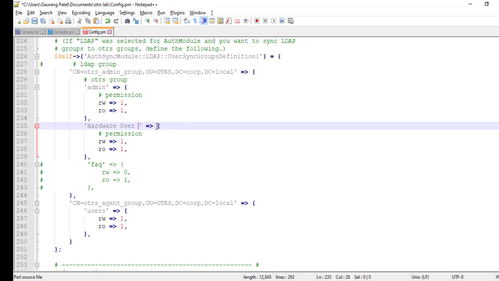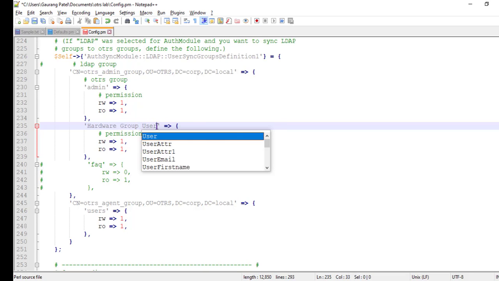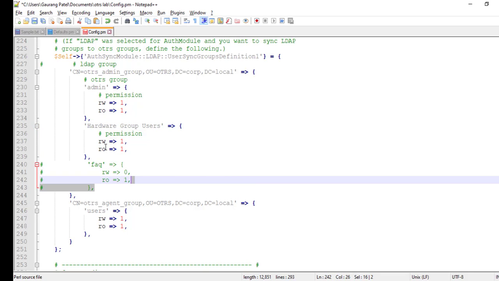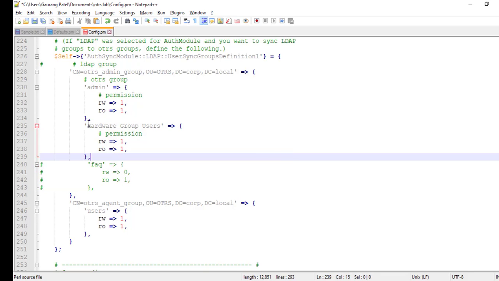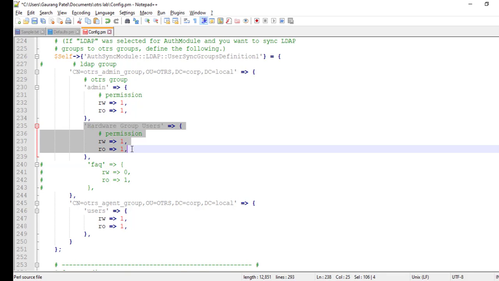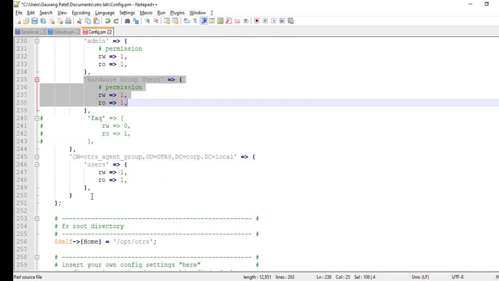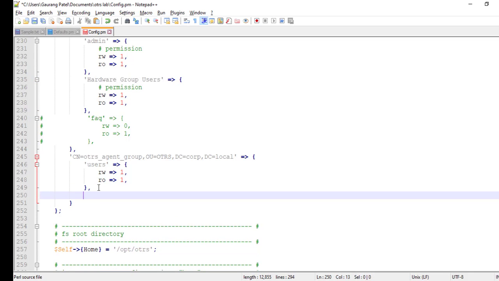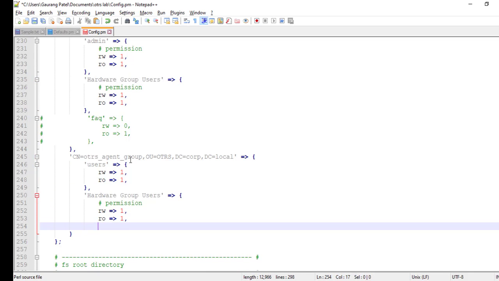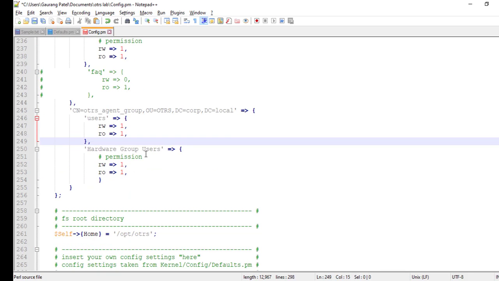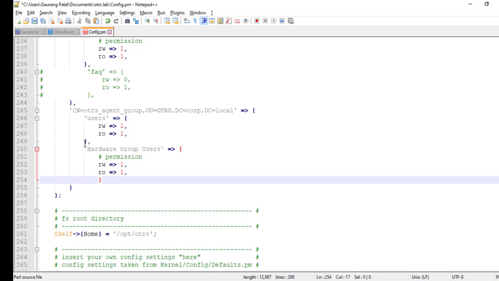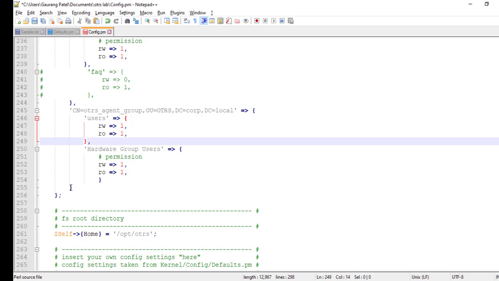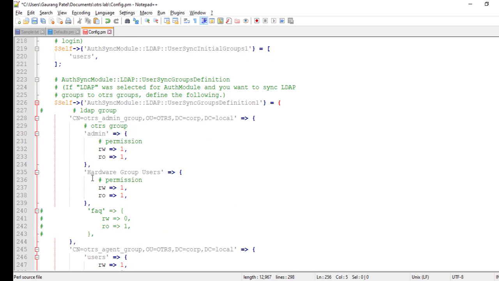See, we have given the read write permission, and copy the same thing and paste it somewhere else here. Done. So now we are done with the configuration. So let's save it and upload.